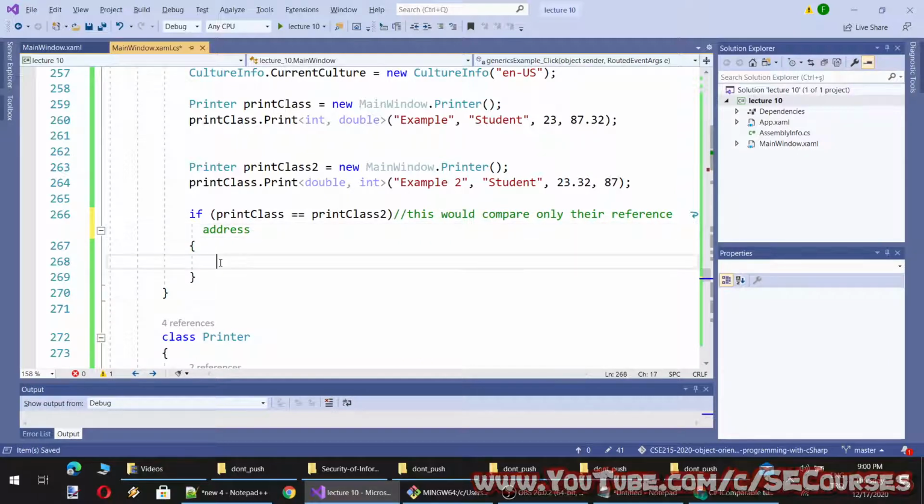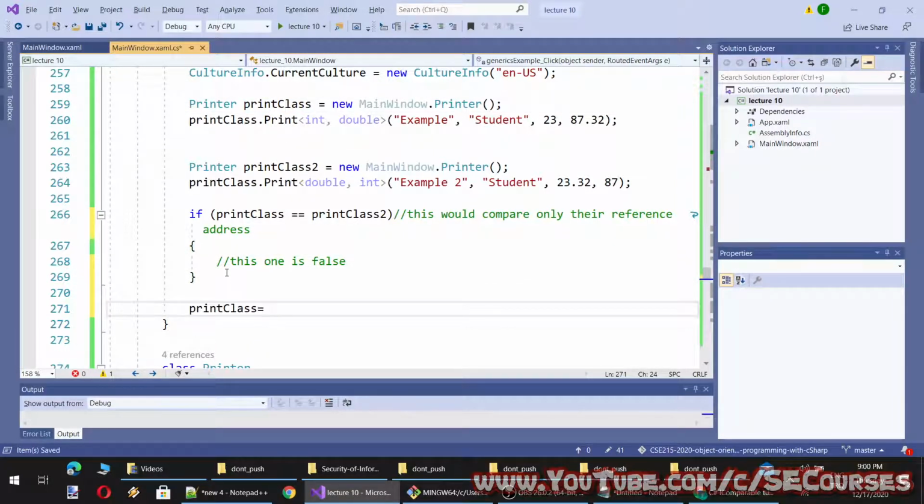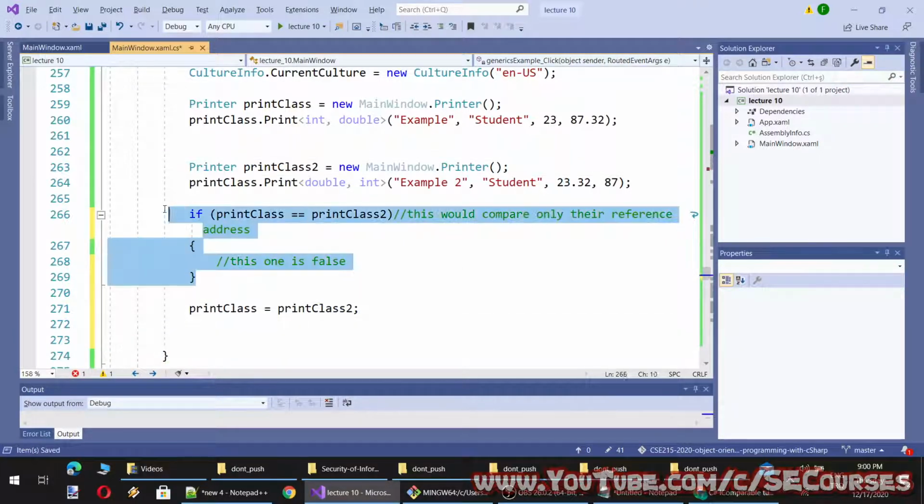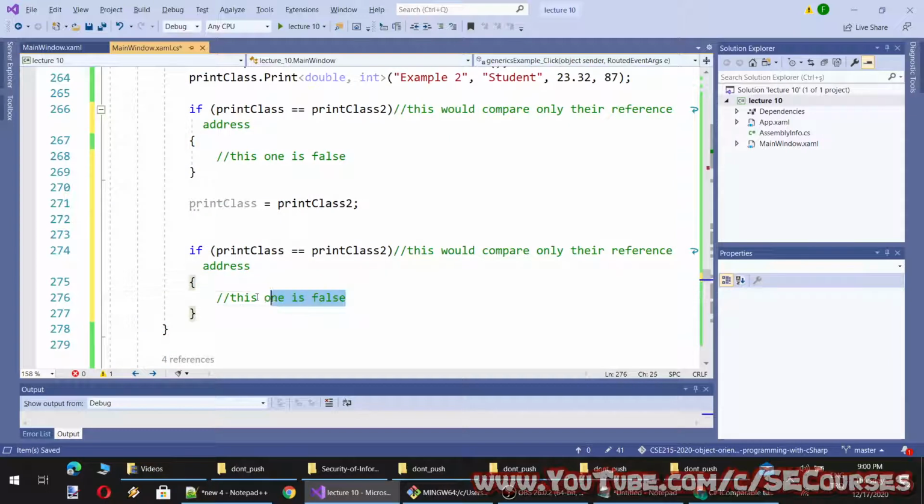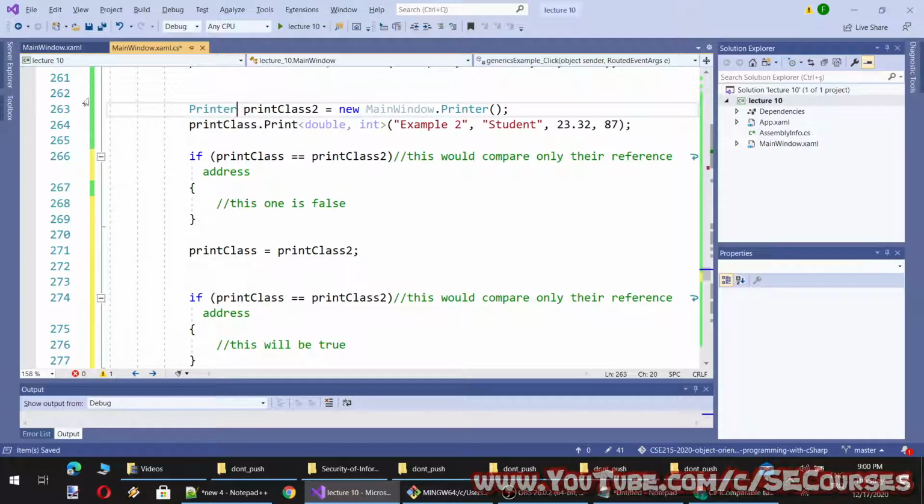For example, this will be false. This one is false. However, if I make it equal to this one, then this will be true. Why? Because now their references are the same. Let me show what I mean.